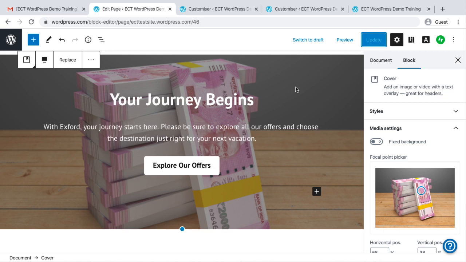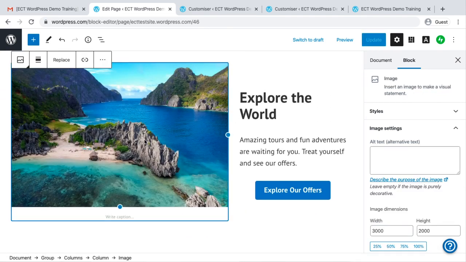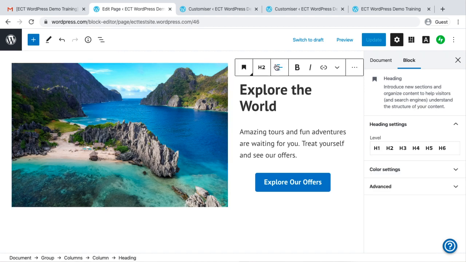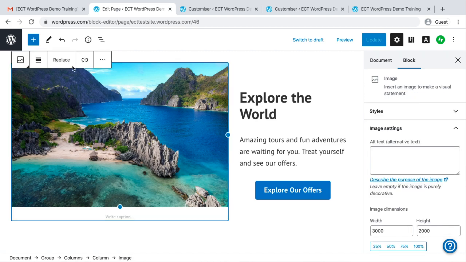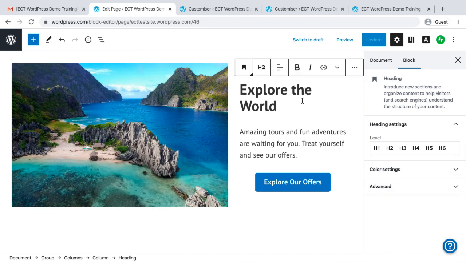Okay, so this is how you make changes. You can click on any of these and change the items. See, image, alignment, you can replace the image also. You can put a hyperlink as well. And then you have more options over here. I will try and create a new